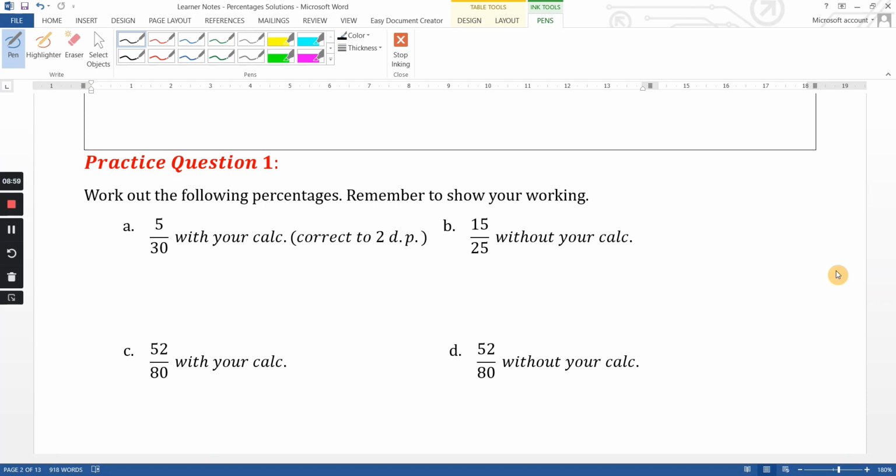So practice question 1A, 5 over 30 with your calculator. Alright, so that's straightforward, hopefully. So that's going to be 5 over 30 times 100. Oh, and we need our answer correct to 2 decimal places. Okay, so let me just type it in my calculator. 5 divided by 30 times by 100. Oh, just be careful with this one. You might need to press SD a couple of times and you'll get